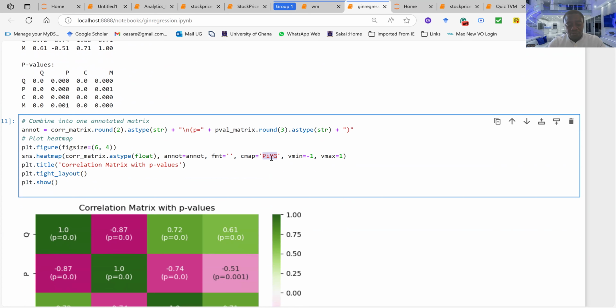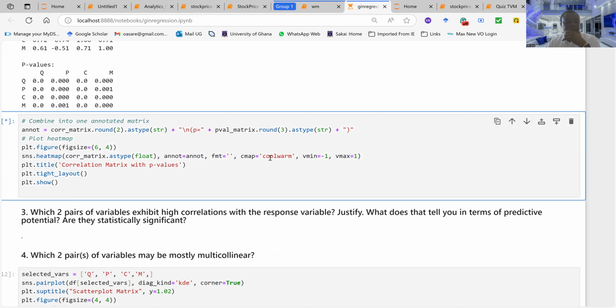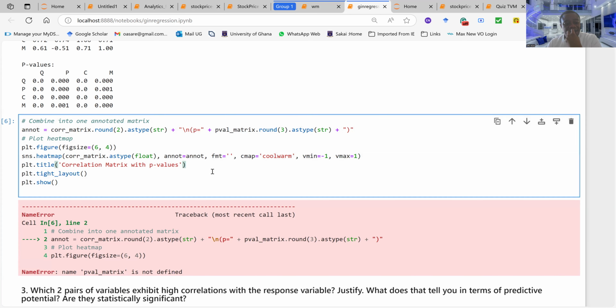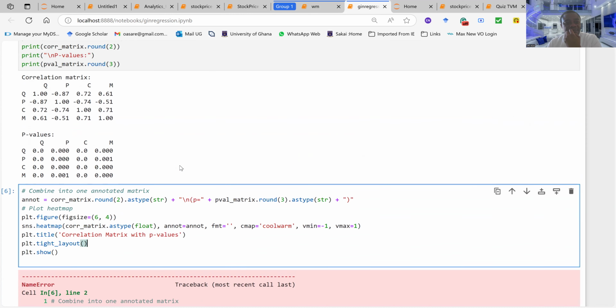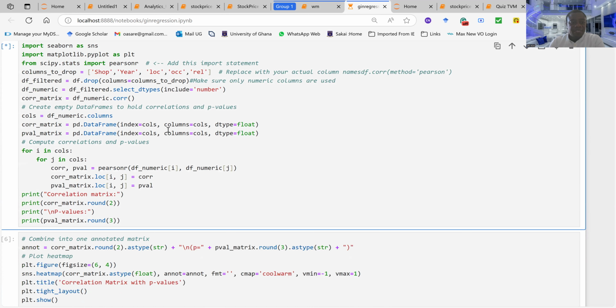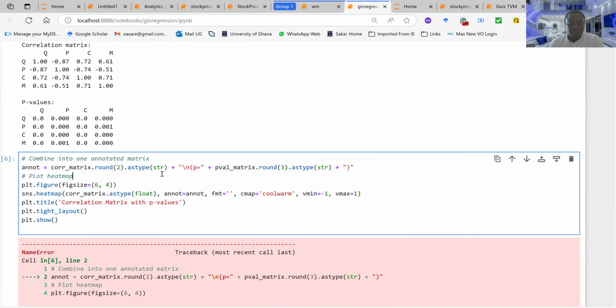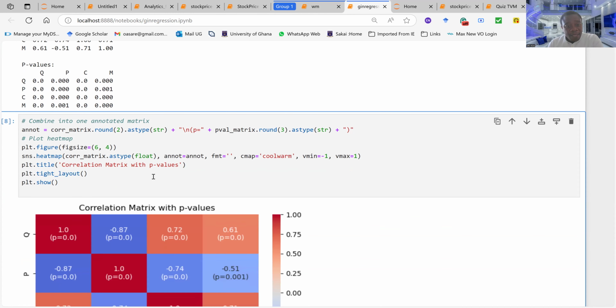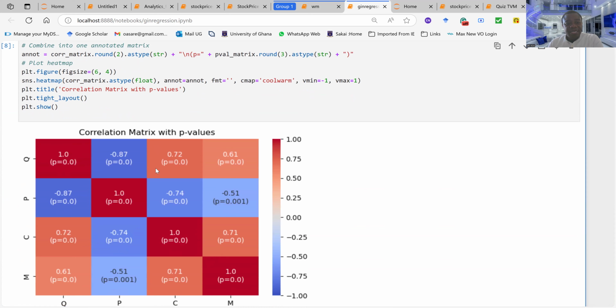You use coolwarm. Just want to see how the results look. So you're going to get a correlation, and for each correlation coefficient, the p-value matrix. Okay, let me just run this. It looks like I didn't run this first. Okay, there you go. So if you look at this, you have the correlation between quantity demanded and price to be negative